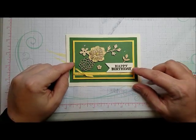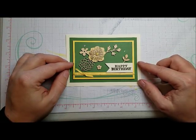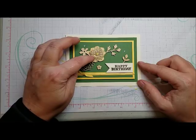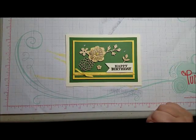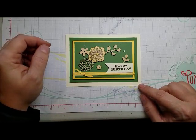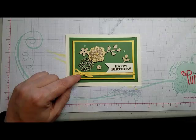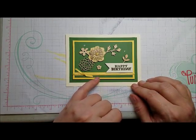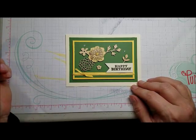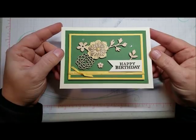So using the early espresso in place of, say, black or gray, I used the Happy Birthday from the kit. I used the free wood pieces that came as the gift. I only had to use the one yellow flower. The green leaves were too light, so I used cardstock that was Garden Green, Daffodil Delight, and then I used the light blend marker to color some ribbon in the yellow, and then behind that is the yellow dotted strip that comes in the kit that happens to be Daffodil Delight. So this is alt number 5, as well as my Creative Cat Crew Color Challenge number